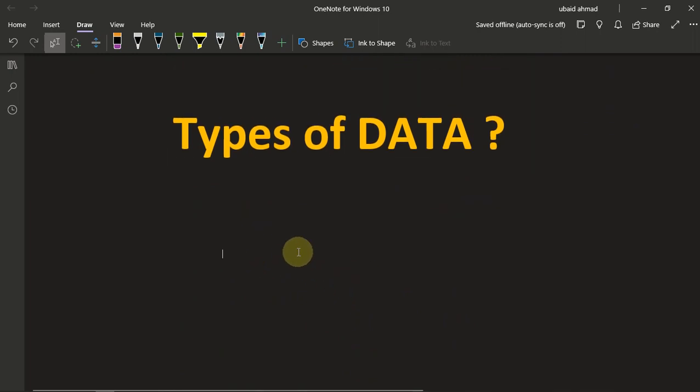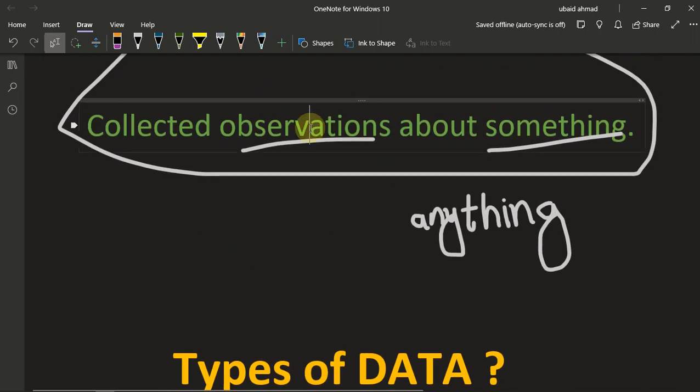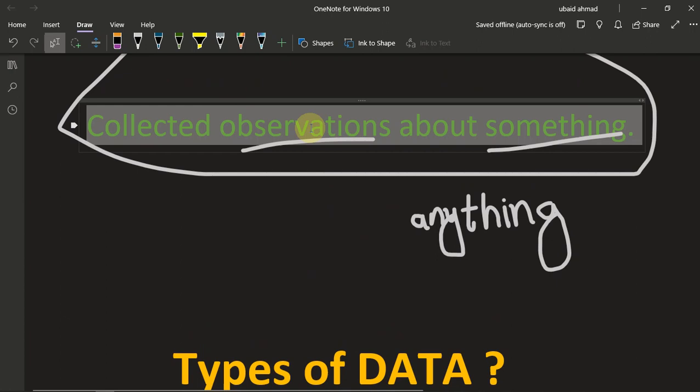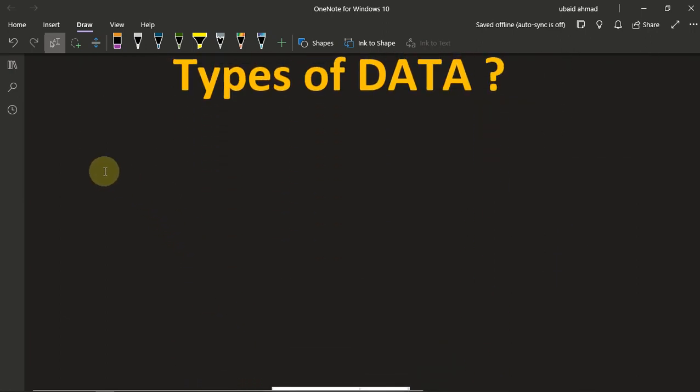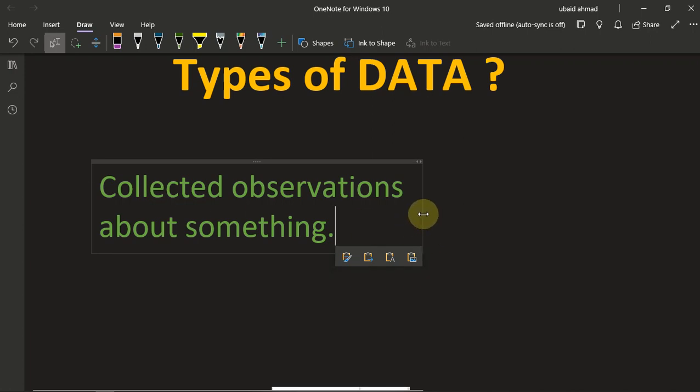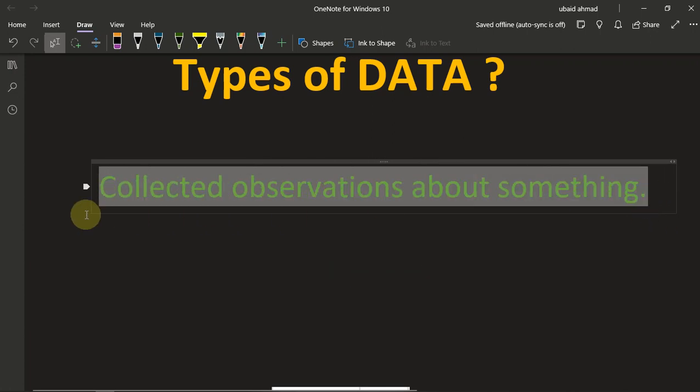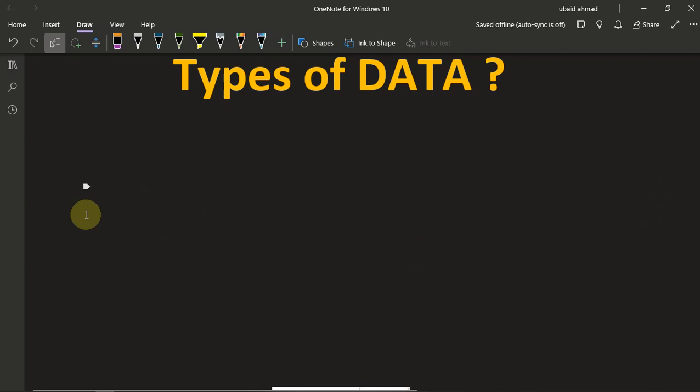So let's see what it is and how we classify it. Let me write it. Data can be classified, or you can say the types of data are two. The number one type of data is